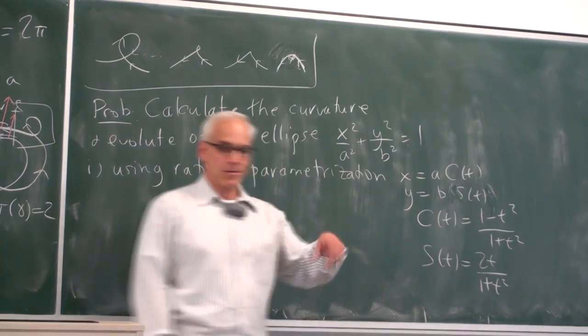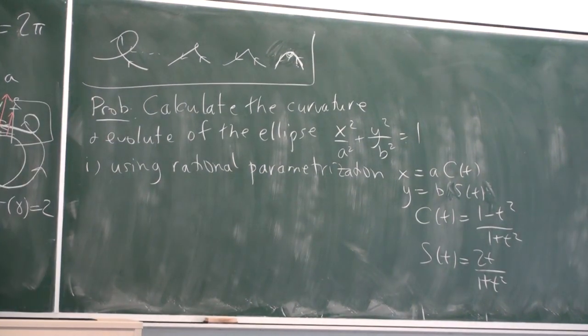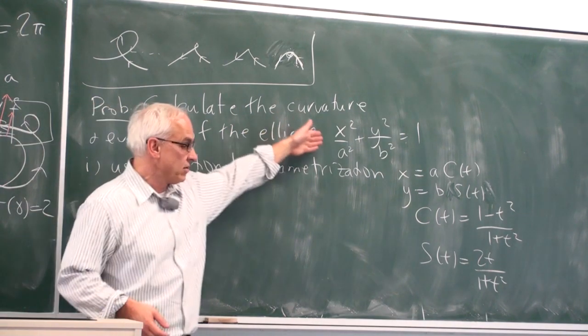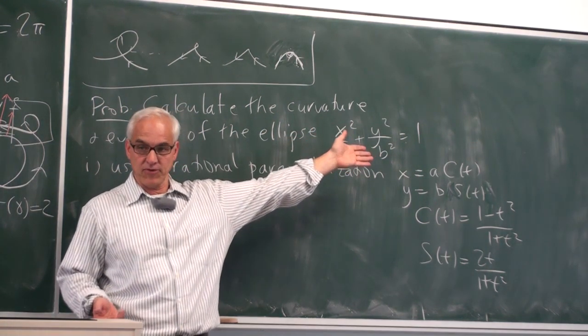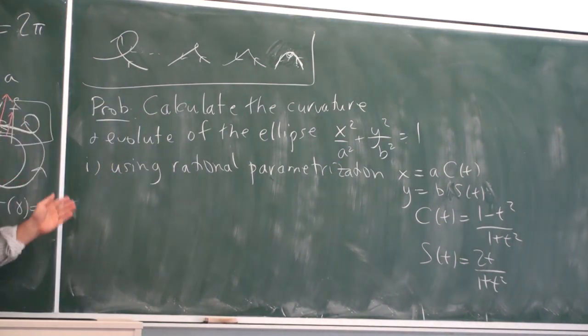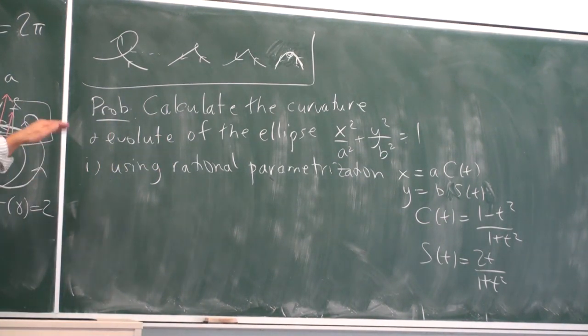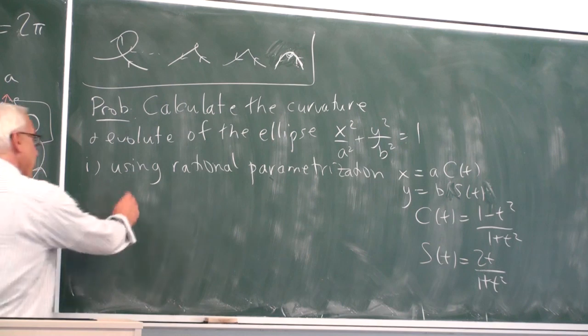These are the coordinates involved in the standard parameterization for the unit circle, and so they can be just dilated to give a rational parameterization of an ellipse. Okay, and so we can use that rational parameterization to calculate the curvature and the evolute, and then calculate,